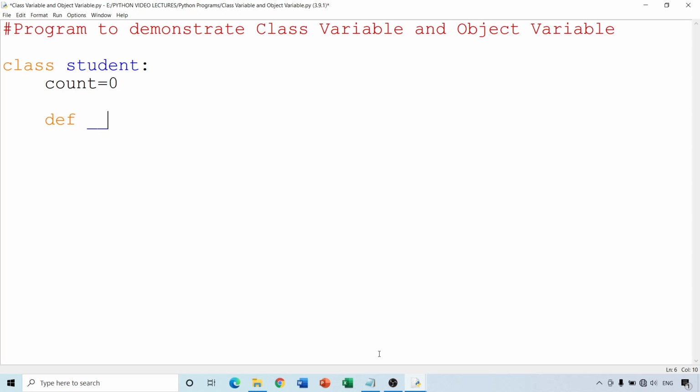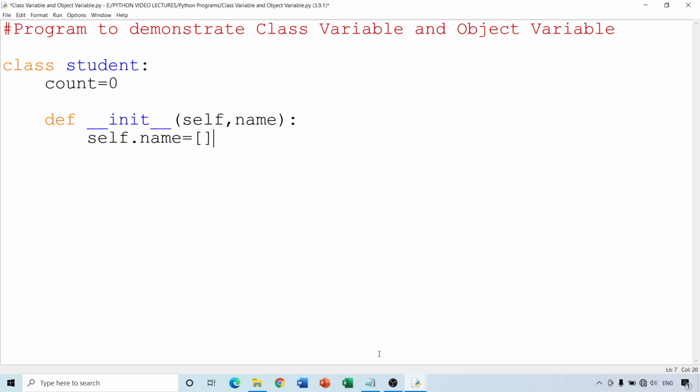We start with the init method as usual. Sorry. We take self and name because we want to initialize the object with the name. Now when the object is initialized, we give self.name equals blank list.